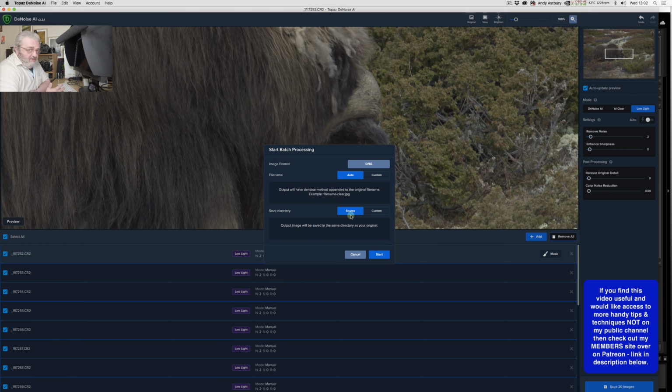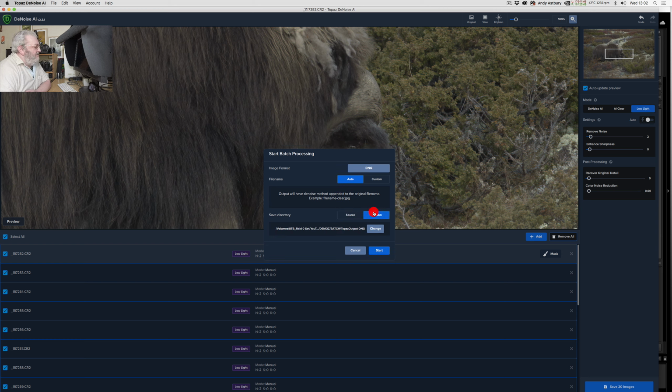For where it says save directory, you can either save them in the source directory, so you'll be saving them alongside the raw files, or in this case, because I'm trying to do a batch process, I'm actually going to save them in a custom folder, the folder that we created in Lightroom, which is Topaz Output.dng. So I'm now going to click